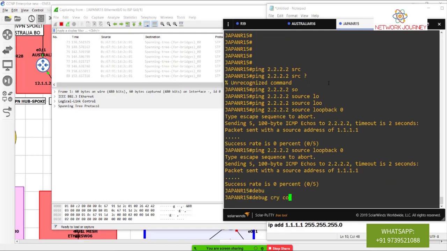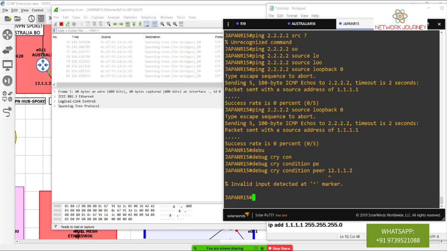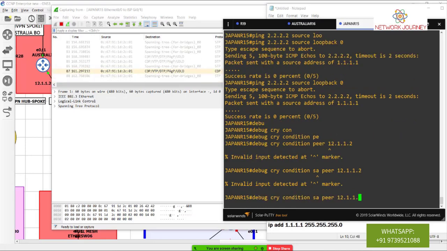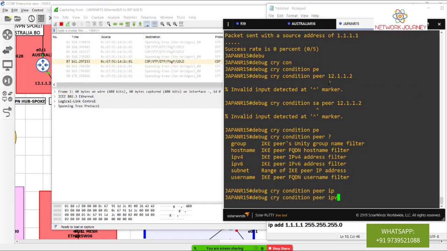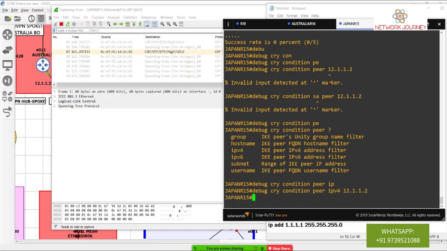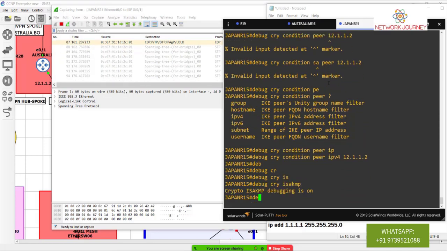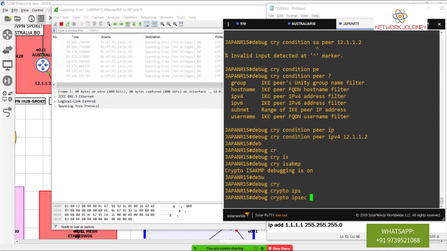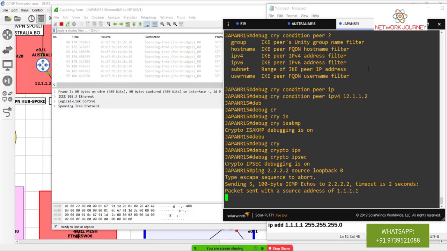Debug crypto condition peer 12.1.1.2, debug crypto ISAKMP, debug crypto IPsec. Okay, and if I try to do a ping test,